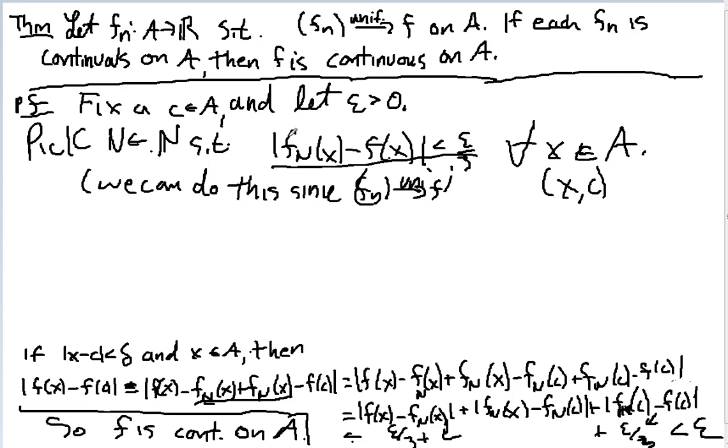And note, I'm using a less powerful version. Normally you'd use f_n for some little n bigger than or equal to big N, but I don't need that. I just need a single function here that works. Then I can use, since now my big N is fixed and defined, since f_N is continuous,